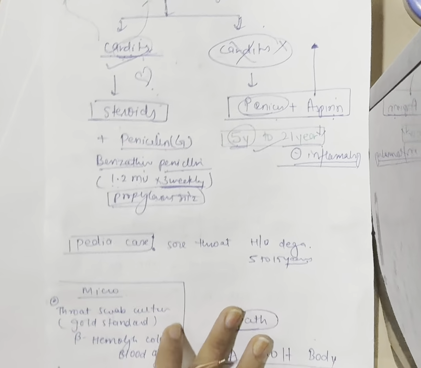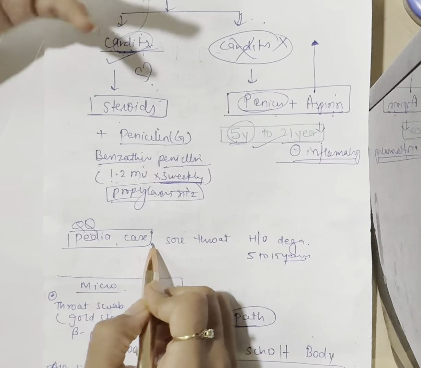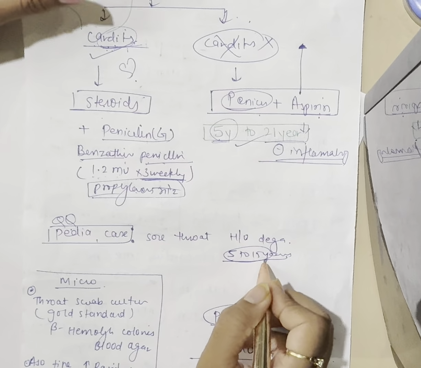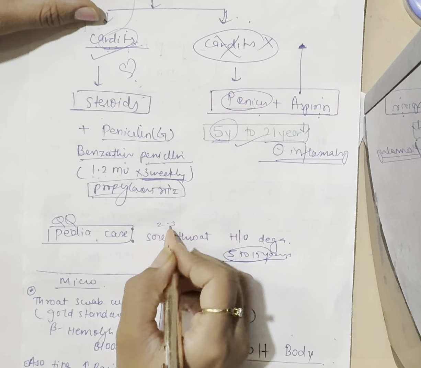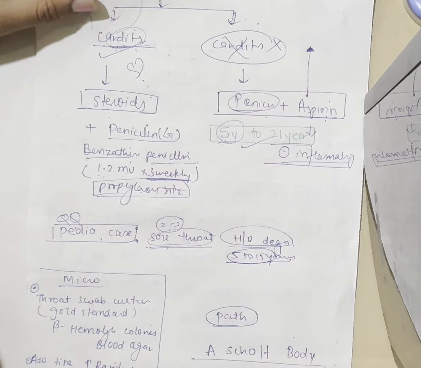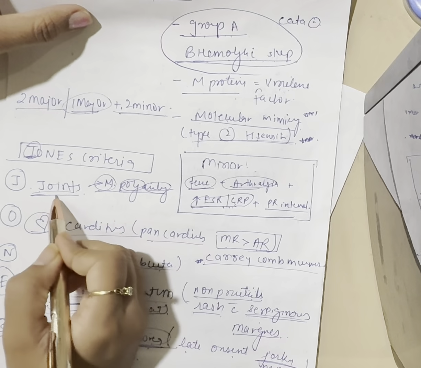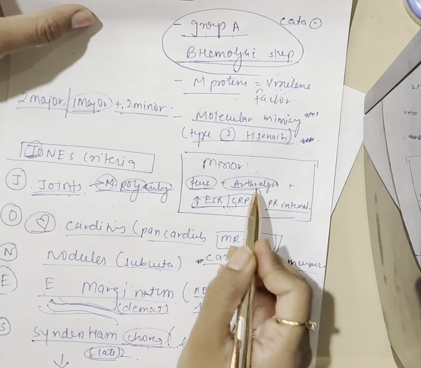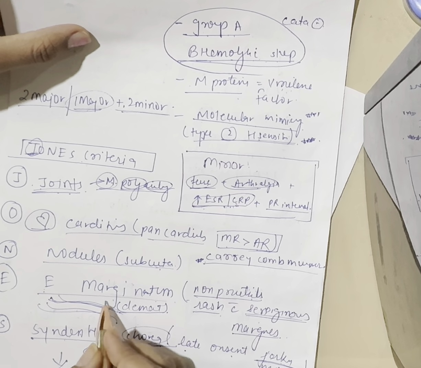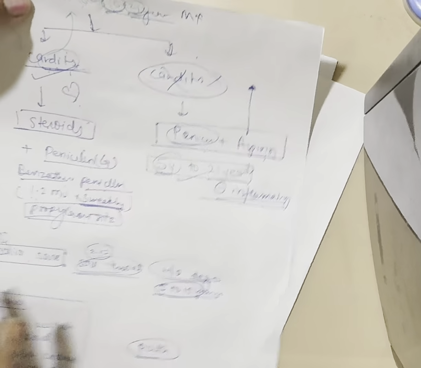The rest is all easy. If the case is given in questions as a pediatric patient, mostly presenting at 5 to 15 years of age, a history of sore throat 2 to 3 weeks back would be given to you. With joint involvement or joint pain, or fever or arthralgia, raised ESR, and this image of erythema marginatum, you must suspect that we are going in the direction of acute rheumatic fever.